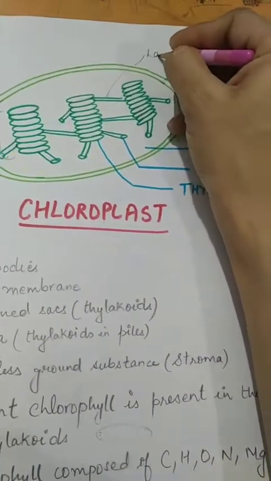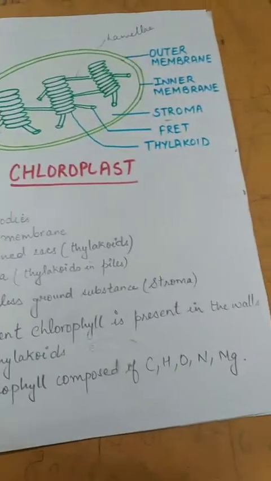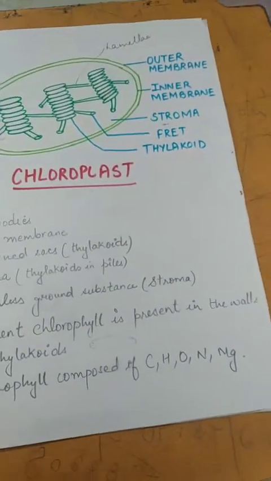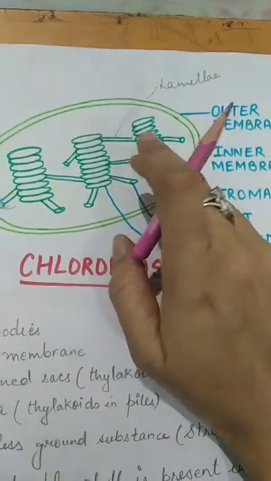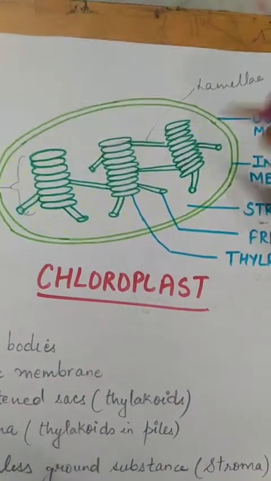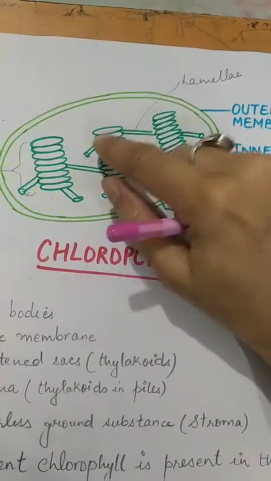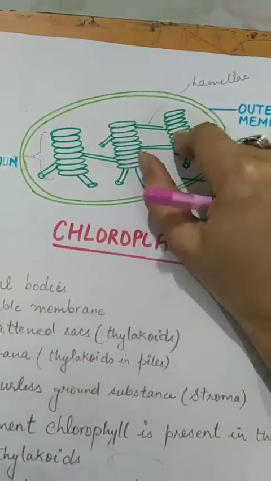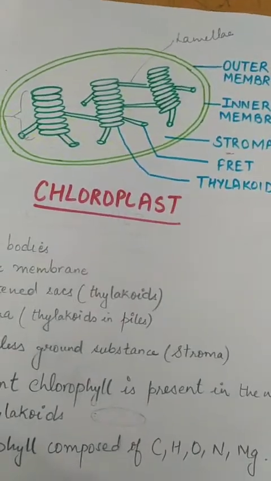They are lamellae. The lamellae are hollow structures which help to transport the nutrients and the substances which are essential for these thylakoids to keep them alive, to keep them functioning. These are the hollow connecting tubes. These are the passages for the transfer of the nutrients and some different substances.